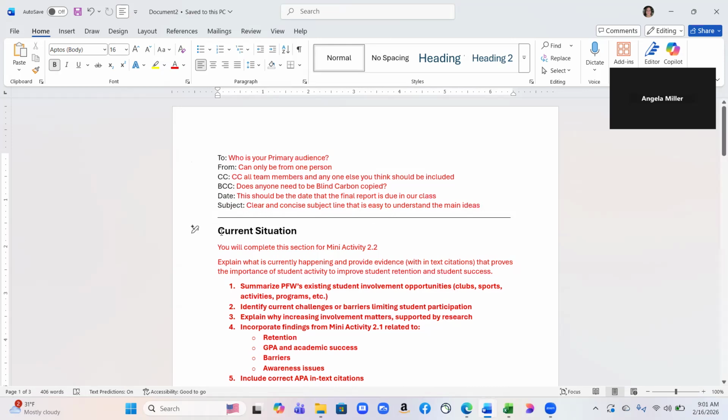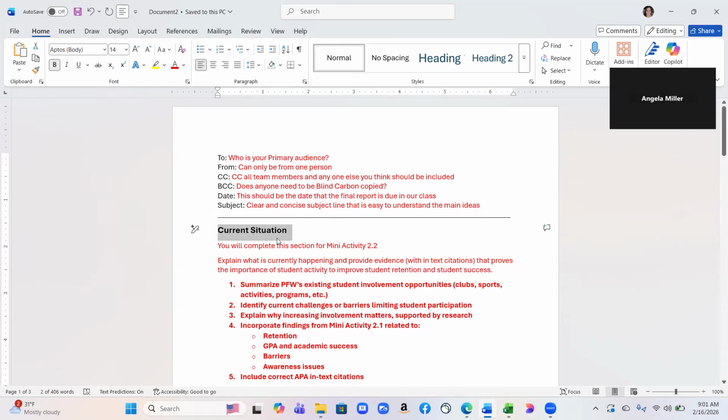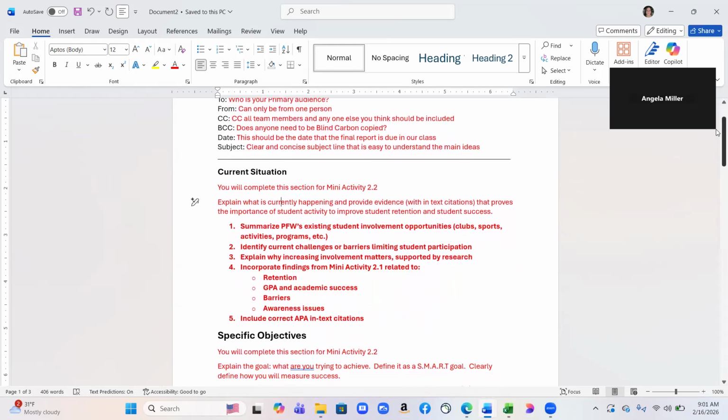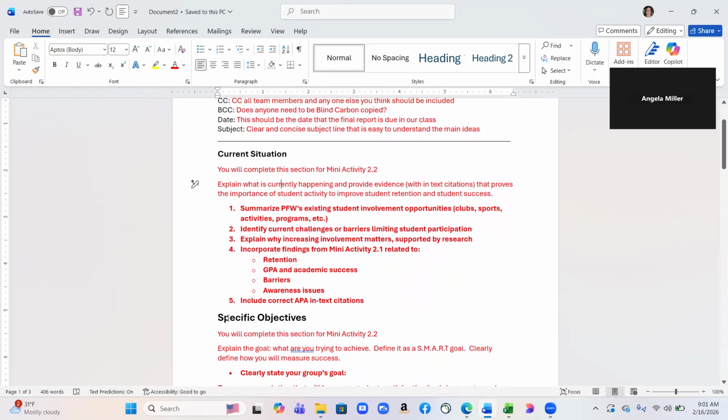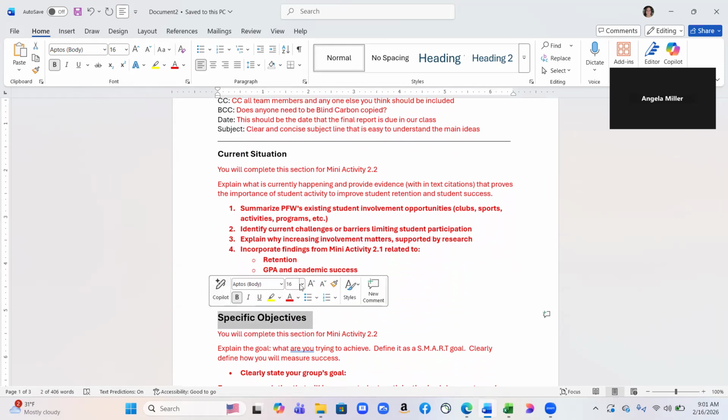Next up, we've got our heading. So here you can see this is a level 1 heading, right? It's a main heading. So it needs to be 14-point font and bold. Okay. And then what I would do is go through and put all my headings first and make sure my font is correct. This is another main heading. So this should be